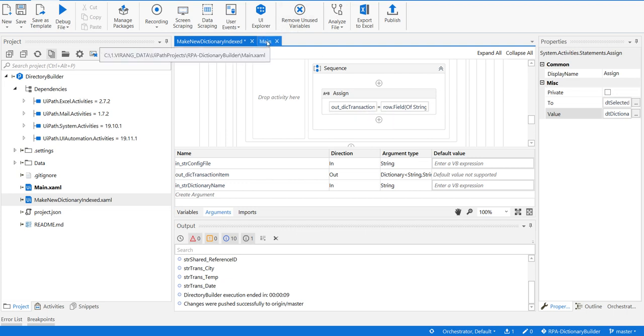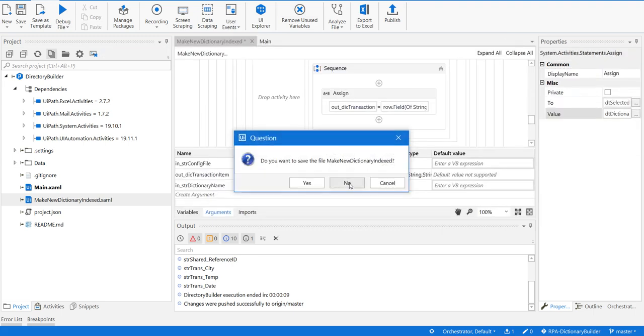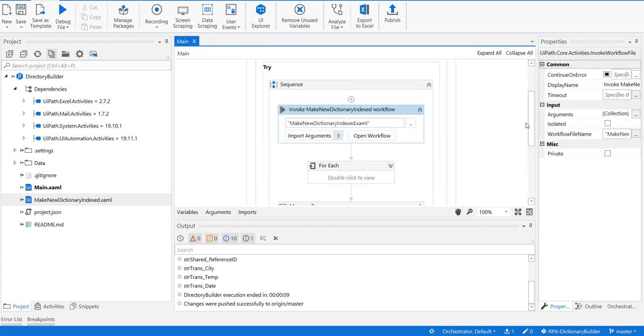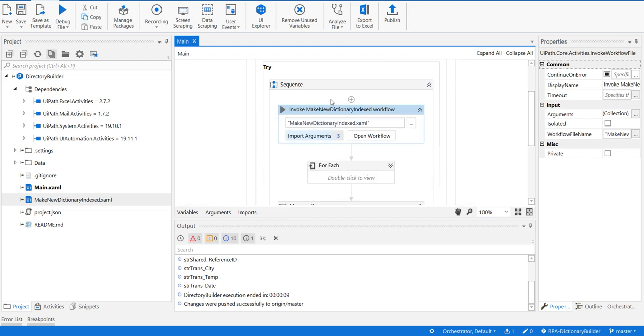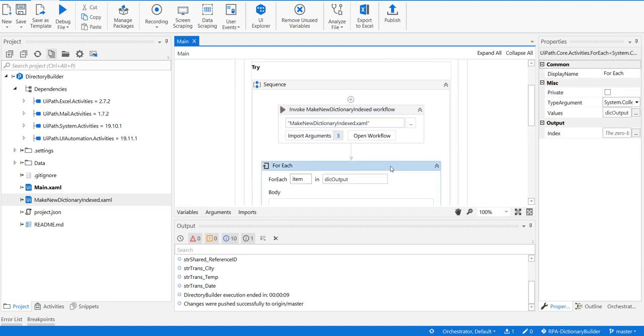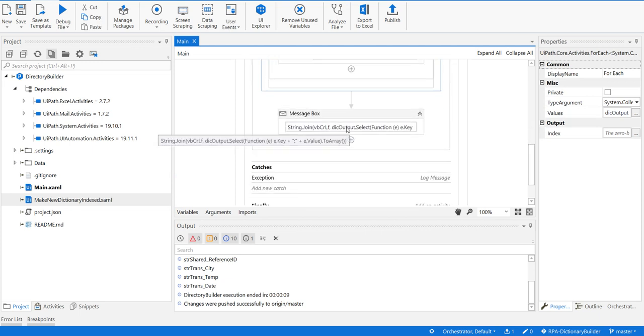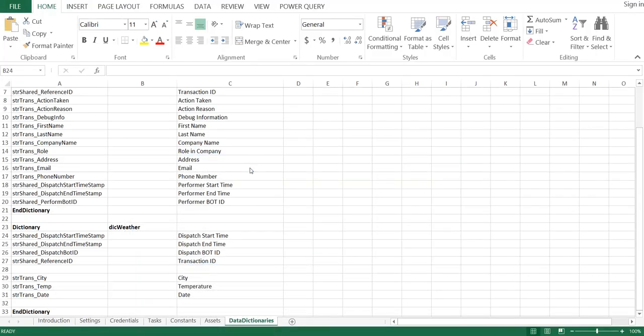Now, for demo purposes, we can close this. What I've done is I've called this method, and in this one I passed the config file path, and I want to build a dictionary called weather, and the output will be our dictionary output. Once we run this, I'm just looping through each element that we've written and printing it on the console, and also putting it in a message box. So if I run this file now, you will see that I'll be able to get